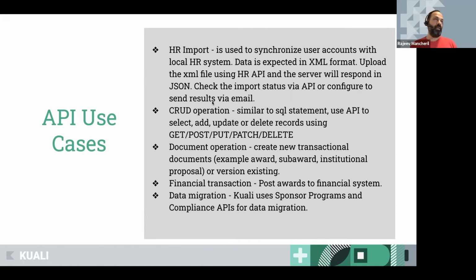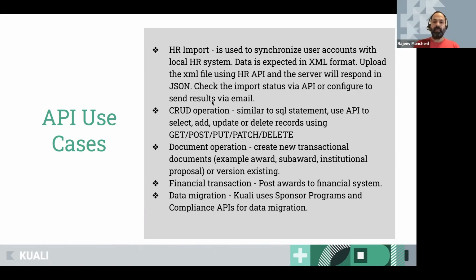For example, probably a status code or something for an institutional proposal or an award. You can just put that in there, so you don't have to completely send the entire object back. And we have the delete operation. In most cases, we are not deleting the record as such. It's just flipping the flag. We have an active indicator in mostly all the tables, so we'll just turn it on or off depending on the action that's being taken.